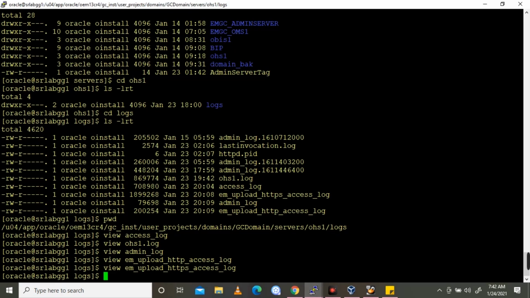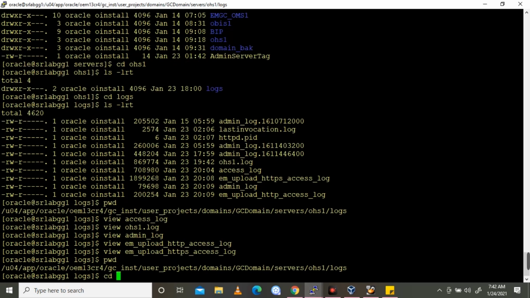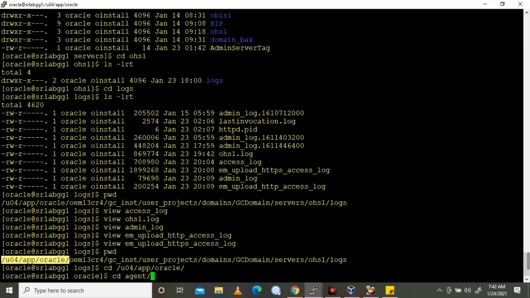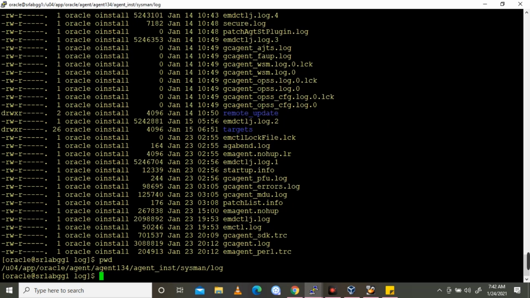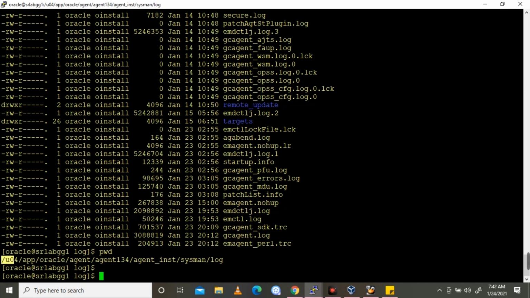So here, this is the agent location. We can see one by one the logs and their diagnostic purposes.